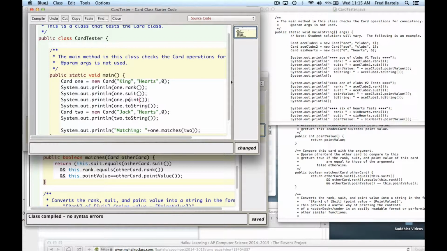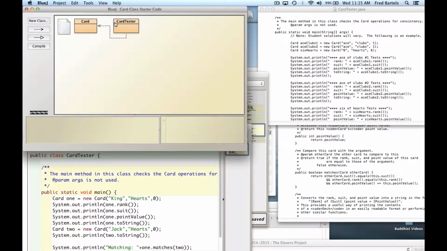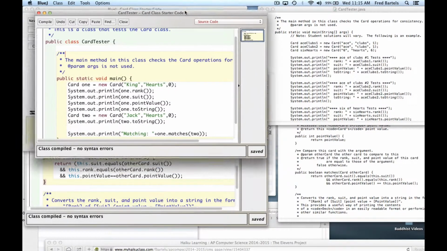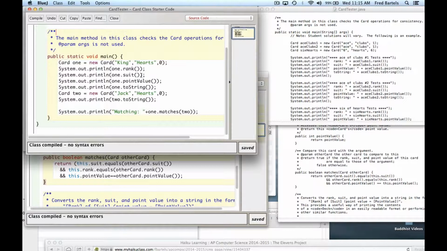But all of this is actually included in the toString method. So king of hearts, value 0, and then the toString method puts that all together into one string. And why not use that? You do not need to call each of the accessor methods for each of the cards that you make, just the toString method. Okay, I hope that's all clear,